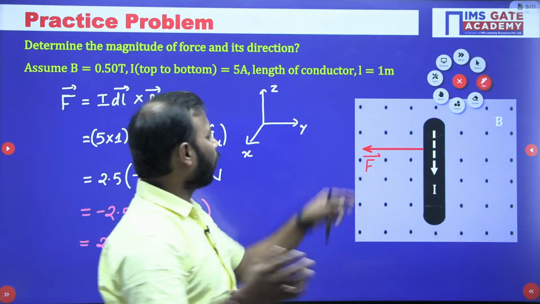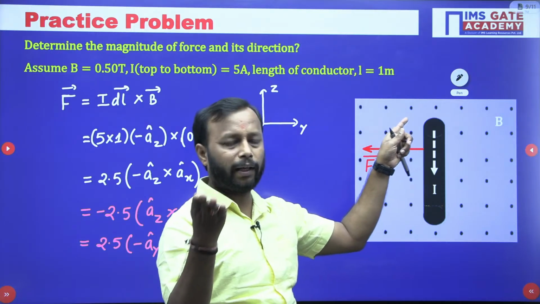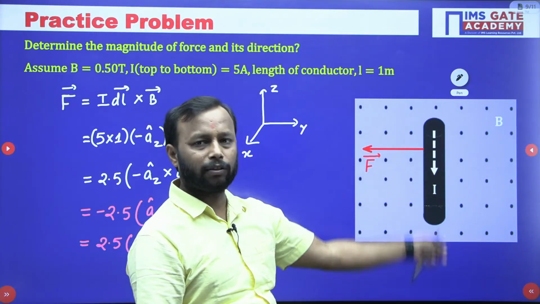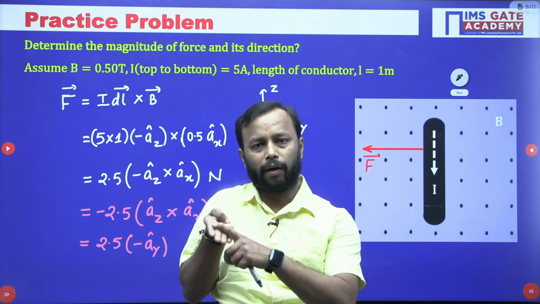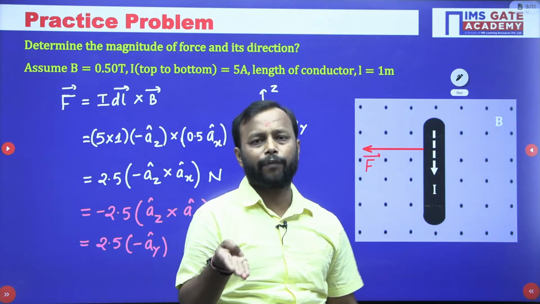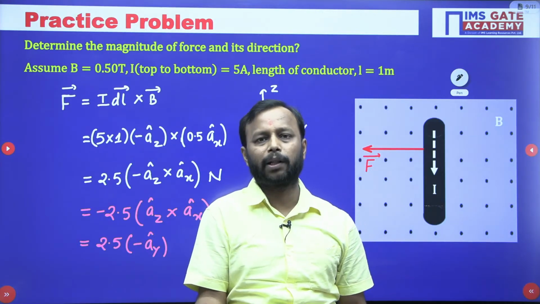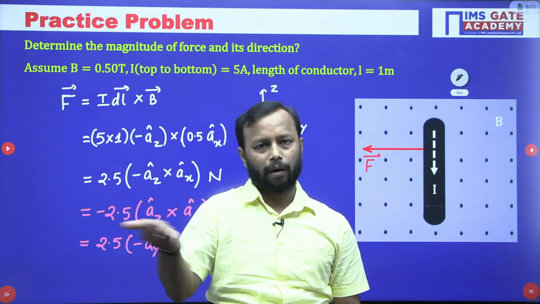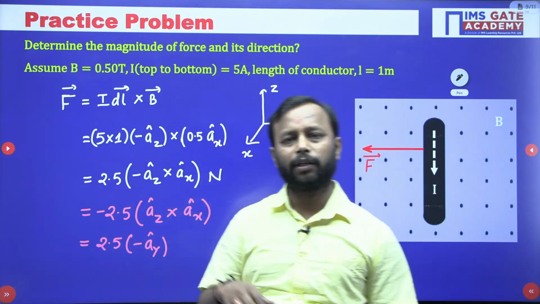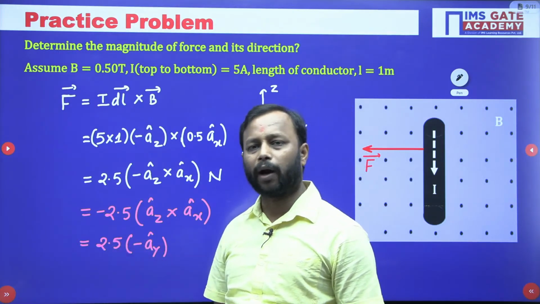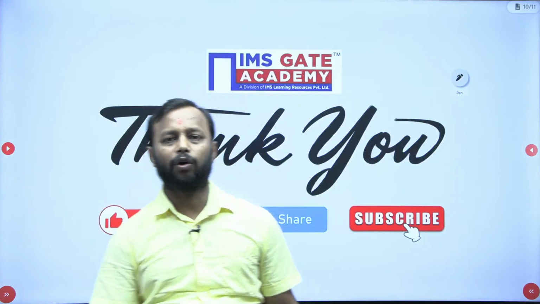You can simply use your right hand to find the force direction. Point your forefinger in the direction of I dL. So it is downward. So like this, I dL is downward, and point this forefinger towards the direction of the magnetic field, or curl I dL in the direction of the magnetic field which is outward. So outward means towards you, like this. So again the thumb shows the direction of force which is again in the minus ay direction. Okay. So in this way you can find that 2.5 is the magnitude and minus ay is the direction. So I hope all the concept is clear to you.